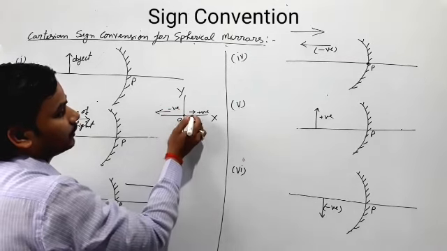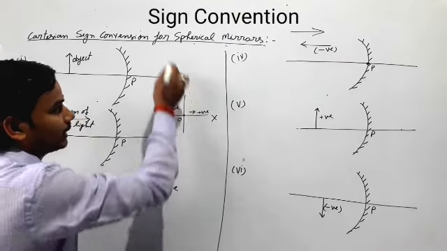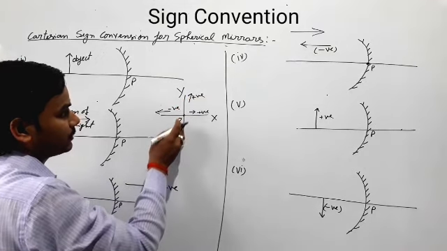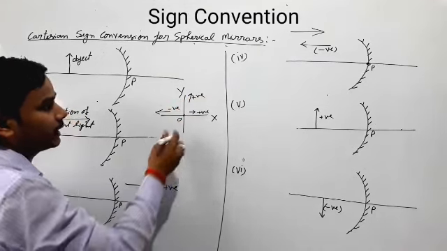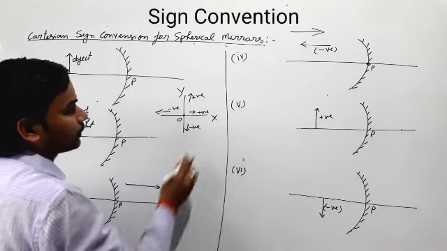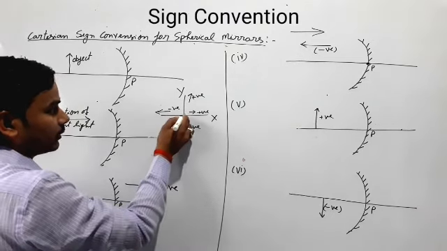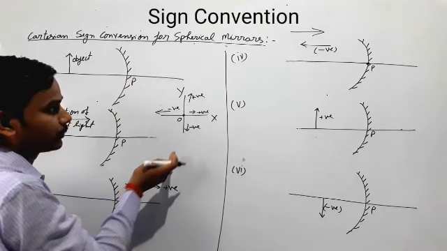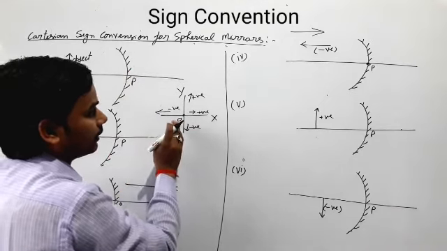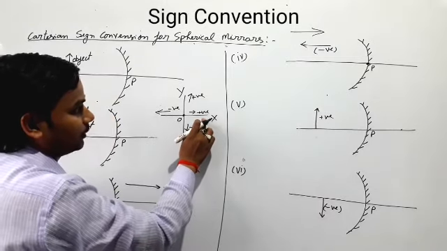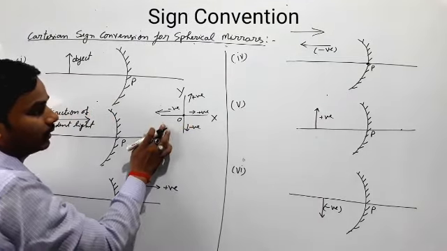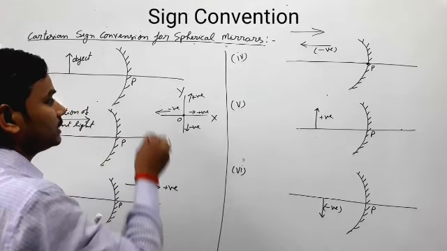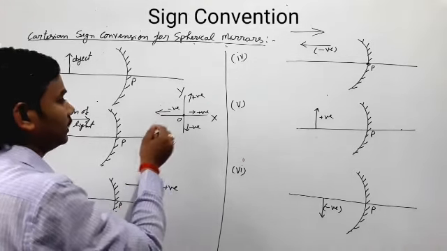Now if the distance is measured along the y-axis upward, it will be positive, and distance measured in the downward direction will be negative. So from the origin, upward is positive and downward is negative; to the right side it is positive and to the left side it is negative. This is the Cartesian plane. All these laws will be followed in this